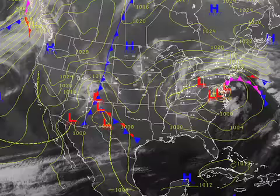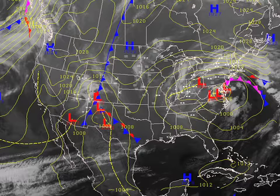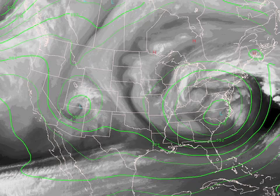All right, on the surface map this morning, we're looking at a surface low generally over the mid-Atlantic states in the vicinity of Washington, D.C., and that pesky low has been slow to move out because the upper-level low has been slow to move out. Here's our closed low at 500 millibars. That's roughly 18 to 20,000 feet. And you can see that it is a large closed low, and in addition to that, we've got these little short waves that are moving around the closed low itself. In addition to that, we've got another closed low out over the Four Corners area,